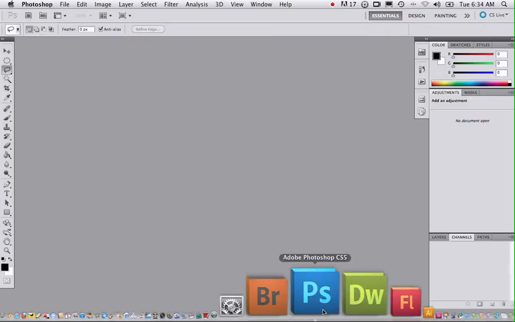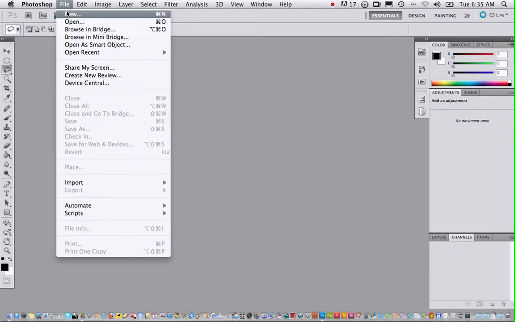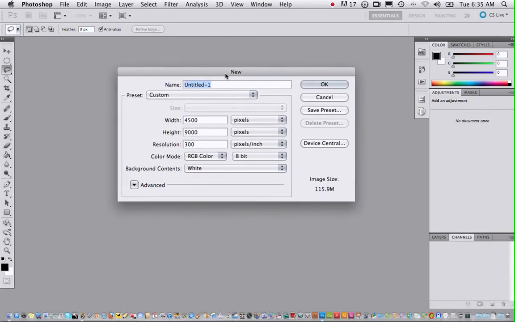In this next Photoshop activity, it's a bit of a selection exercise, but first we have to create a blank document. So we're going to go to File, New, and we're going to make sure this is on pixels. It's very important this is listed as pixels on all of these and pixels per inch here. And we're going to go 800 by 600